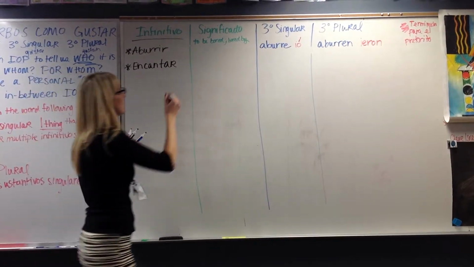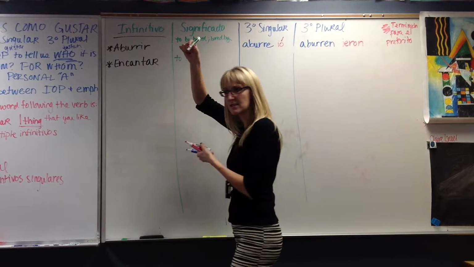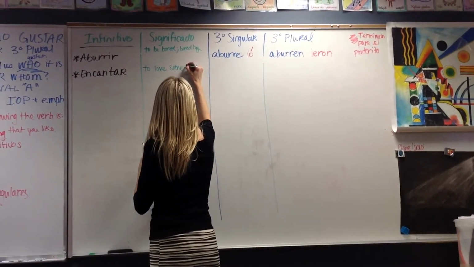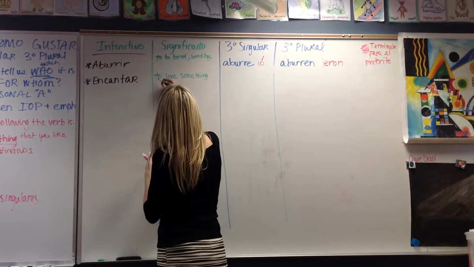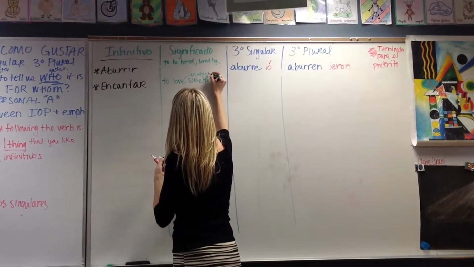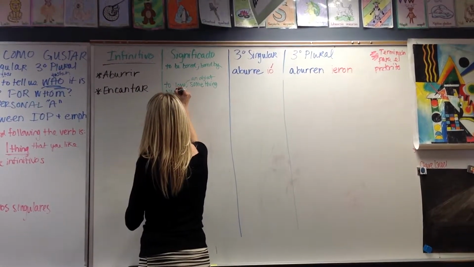And that's to love. If I put to love something, does that make sense? Yeah. Sure. Something. And I'm going to put not someone. Or to love an object. To love an object. I like that. Uh-oh. Can't spell it, but I like it. I'm going to put in here, not someone.